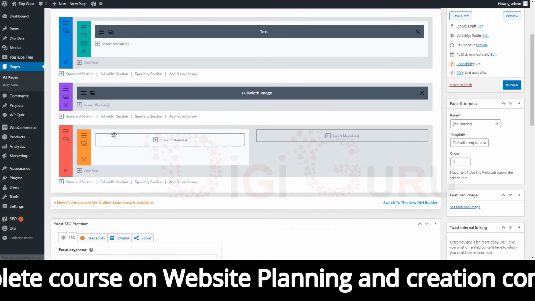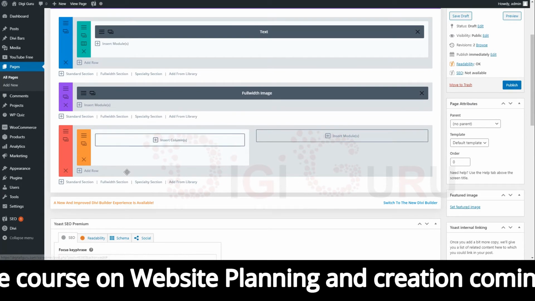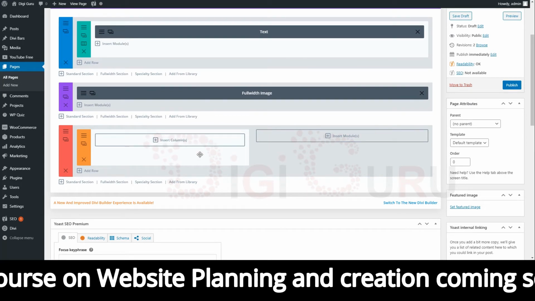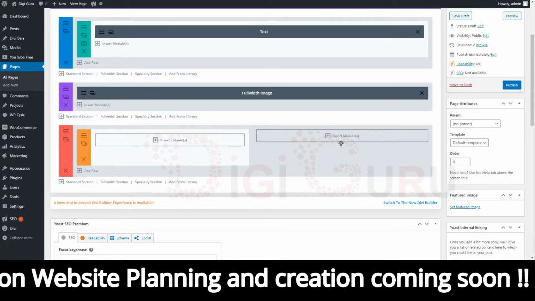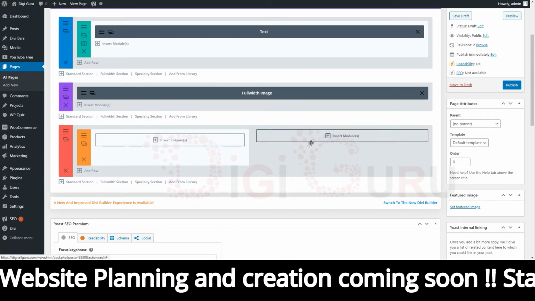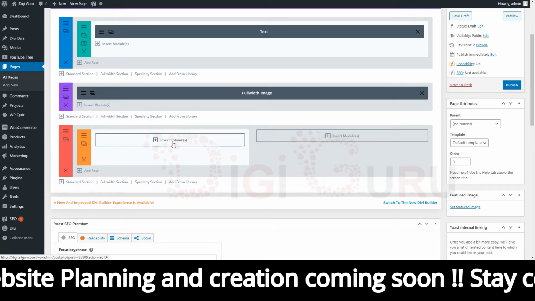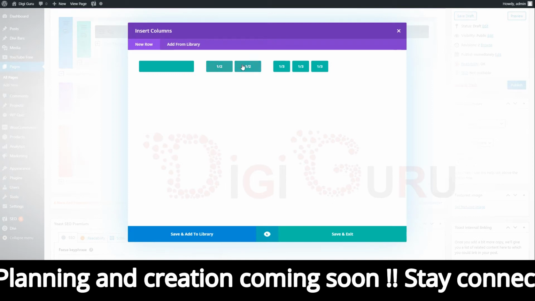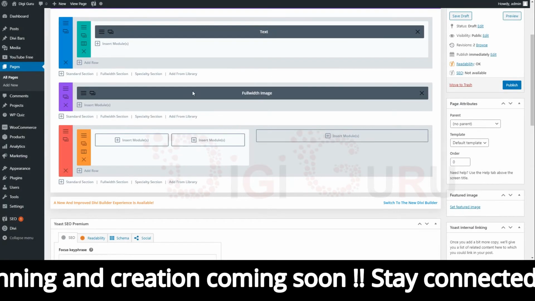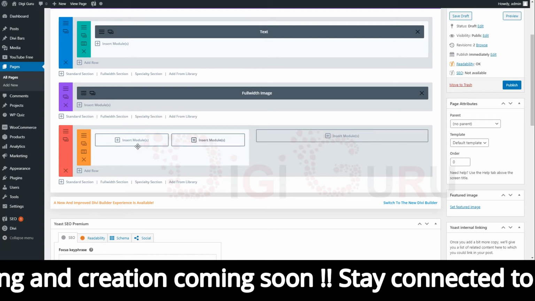Now as we can see on the specialty section, there are two interfaces. First I need to insert here the column, and second I need to insert here how many modules that I want to enter. Suppose I need 2 columns out here, so I'll select this. I'll select 1 by 2 and 1 by 2, and now every